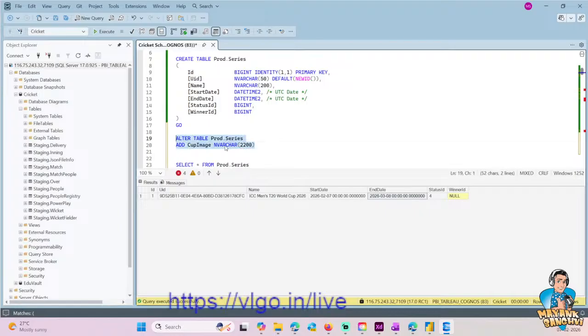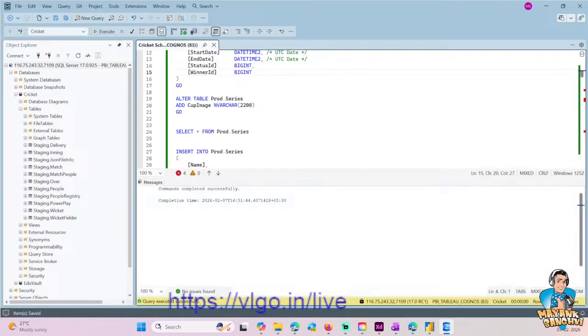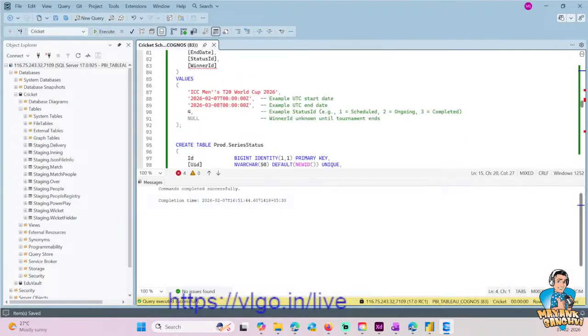Okay, now it's better. It's not complaining. And I will use the same thing in case we are going to execute the entire file. Okay. Now let's try to